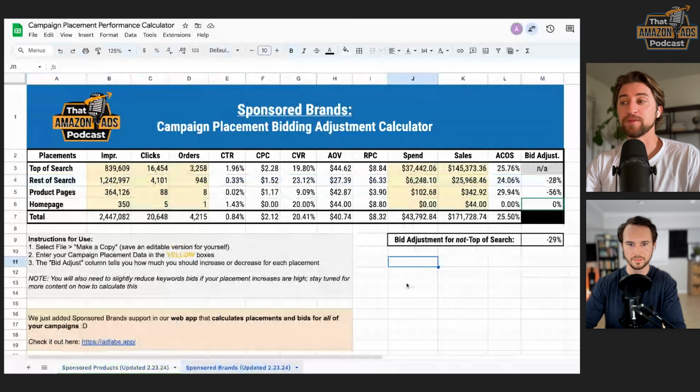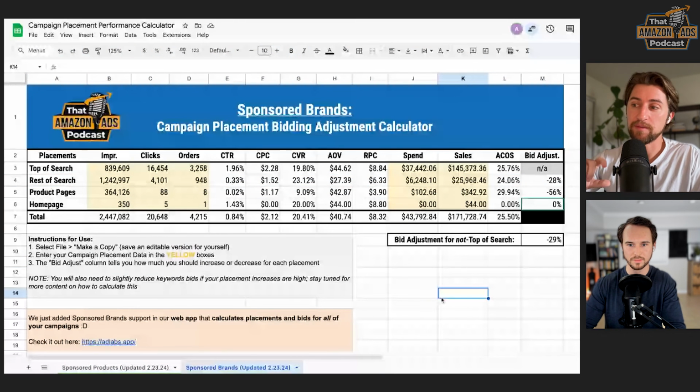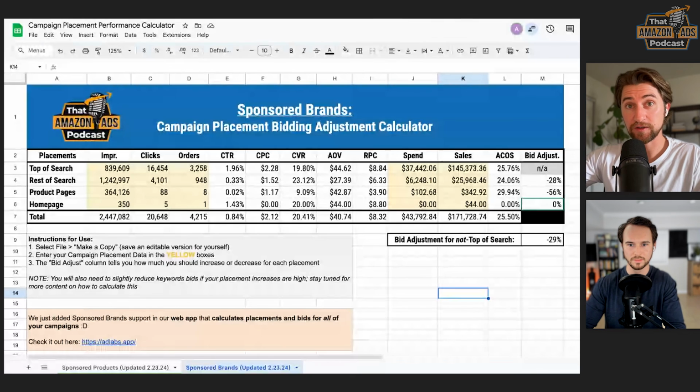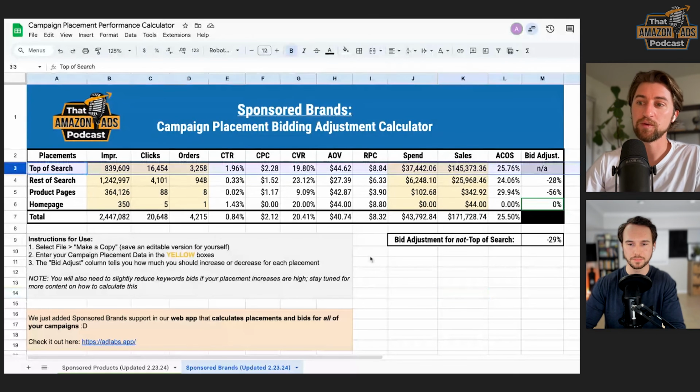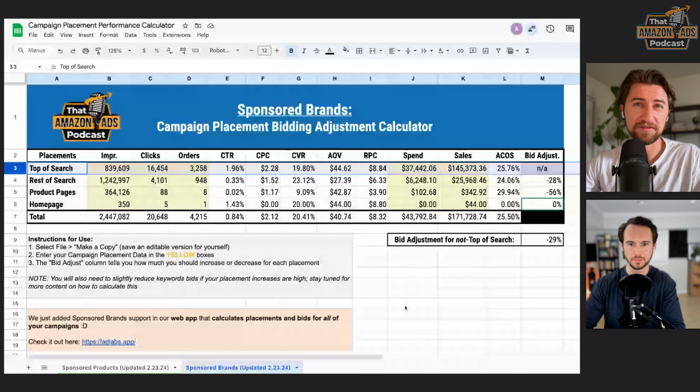And then for sponsored brands, most of the time that placement modifier is going to work inversely, where you're now increasing all of your base bids to target that top of search placement. There, you're generally going to want to increase by somewhere around 25 to 50-ish% to really win those top of search placements. And then you can bulk decrease everywhere else. So hopefully all that makes sense for you guys.